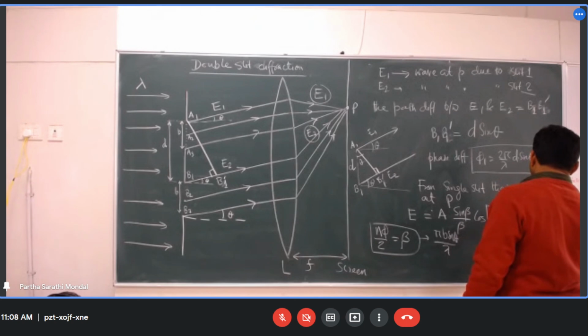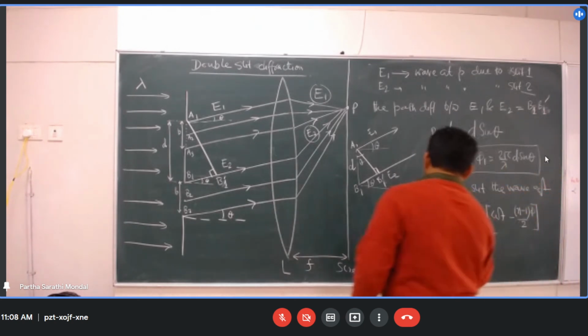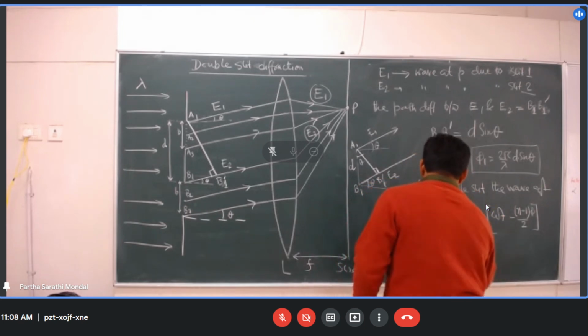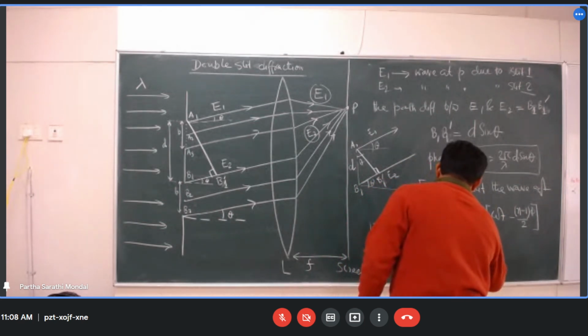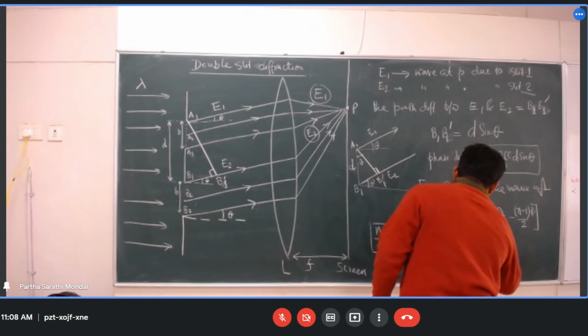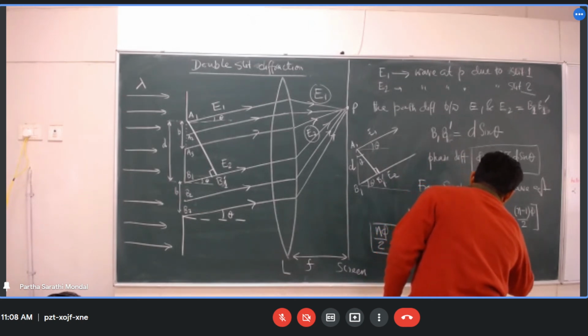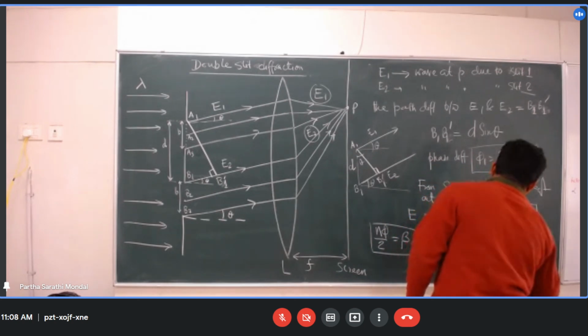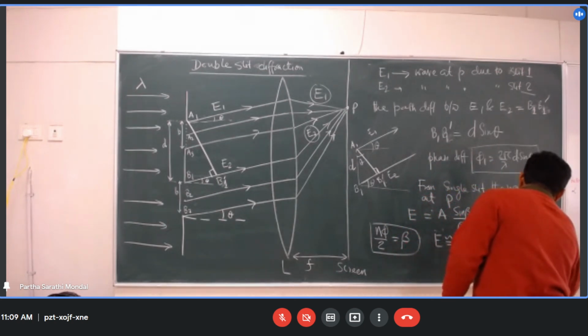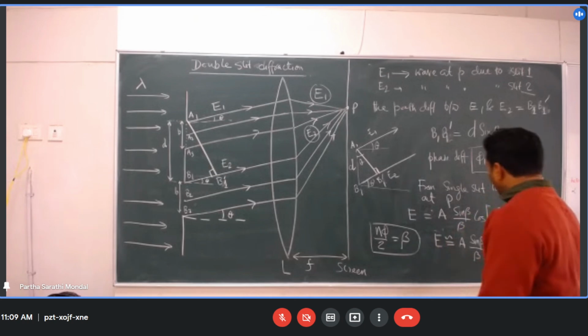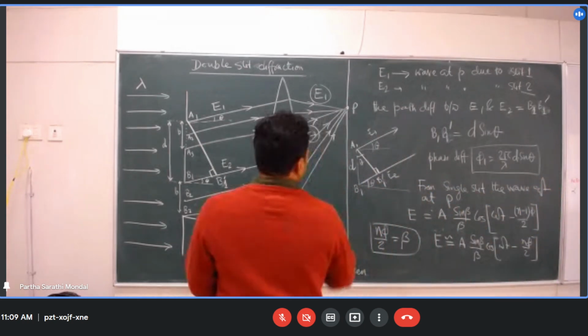So for large n you can write down this one as A sin beta by beta cos omega t minus n pi by 2. For large n you can ignore 1. So now